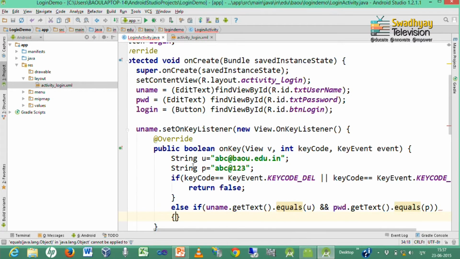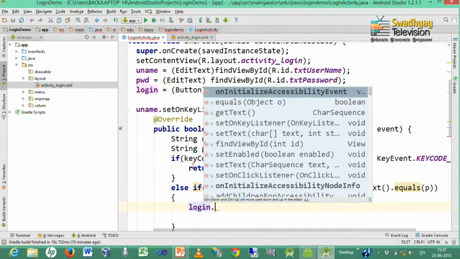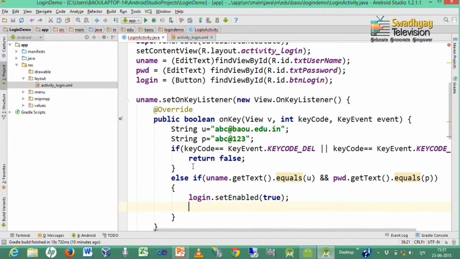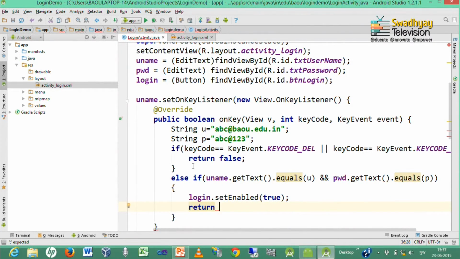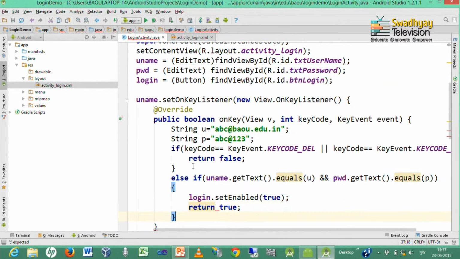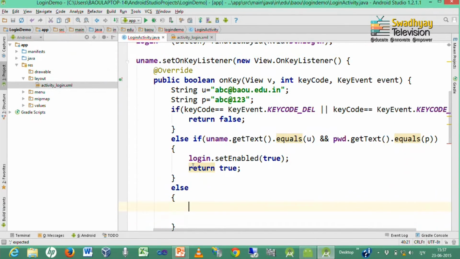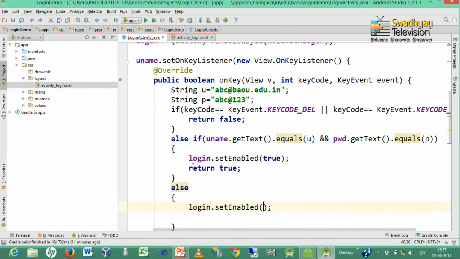Then we set button enabled. So, we call the method button.setEnabled(true) and we want to consume this event, so we write true, and in all other cases we set the login button enabled false